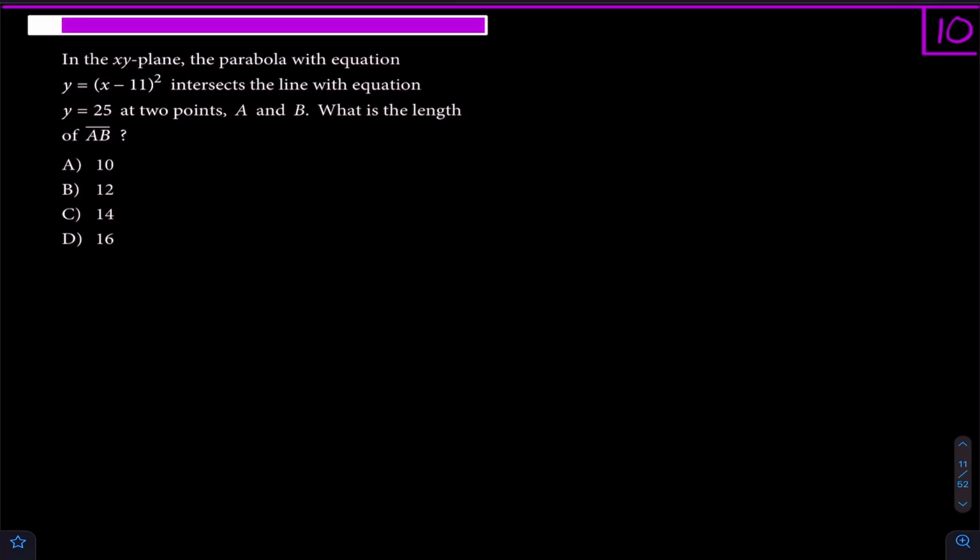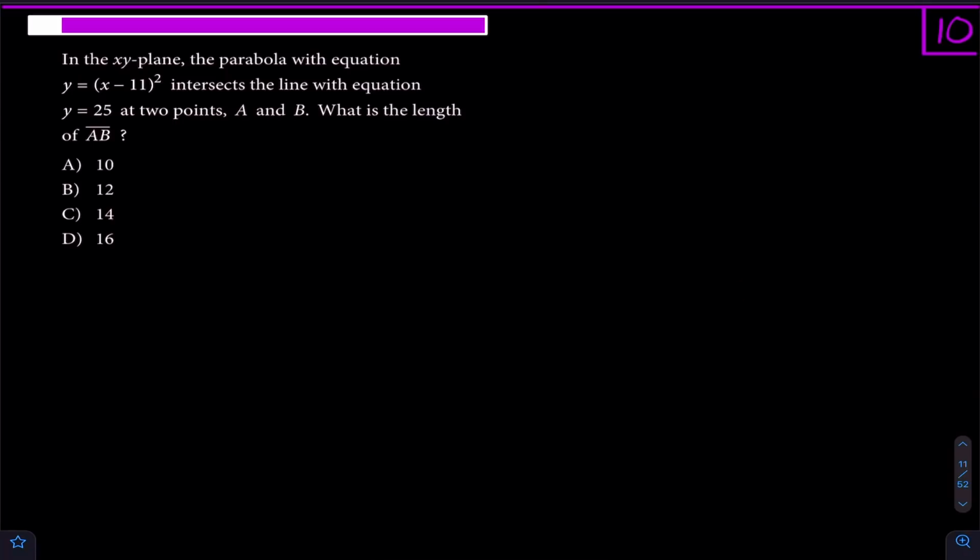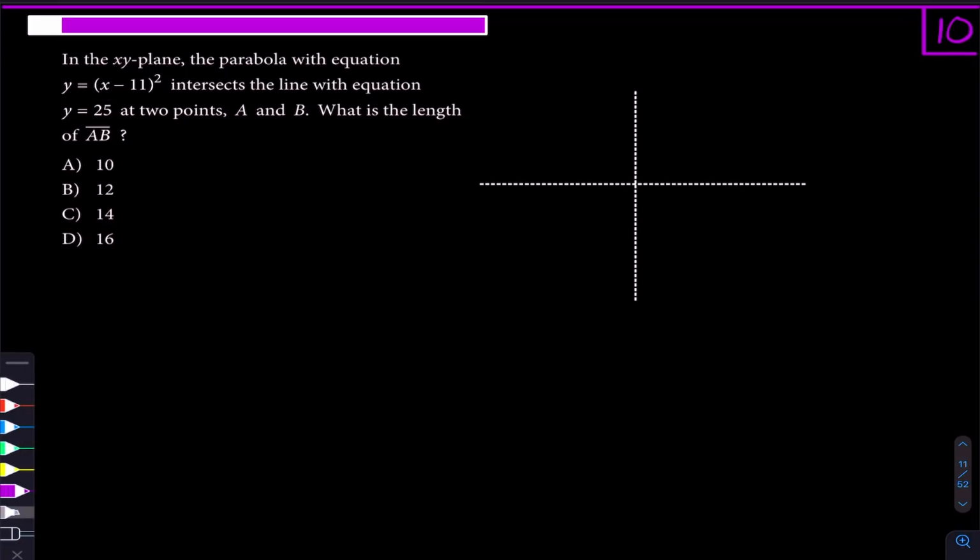So this problem is going to leave you clueless if you can't visualize what's going on here. So you're going to need to know a little bit about how graphs transform. I'll show you this. If we want to visualize what's going on here, we have two curves. We have a parabola, this guy, and we have a line. So how do I draw (x minus 11) squared? Well, if you just were to draw x squared, that's a parabola,